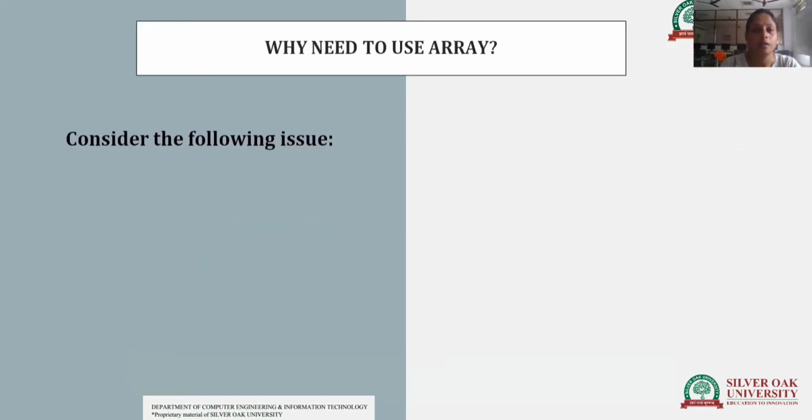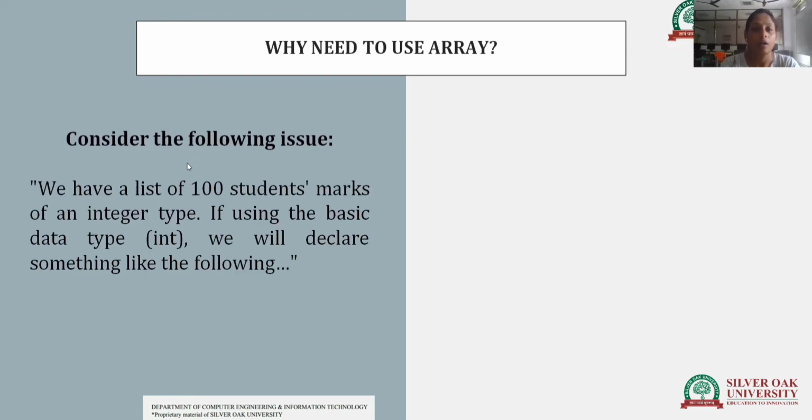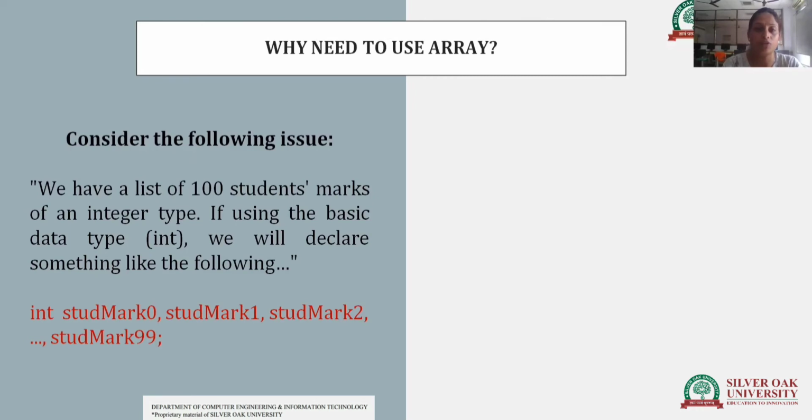Now, what is the issue? If we do not have this concept, why do we need this concept? If we do not have it, what are we doing? As I have already mentioned, suppose I want to store information of 100 students, for example, one class with 70 students, and I want to store the marks of any subject for all 100 students. If we are not considering this concept, we need to declare 100 or 70 different variables for each and every student. That means one variable for one student's data.